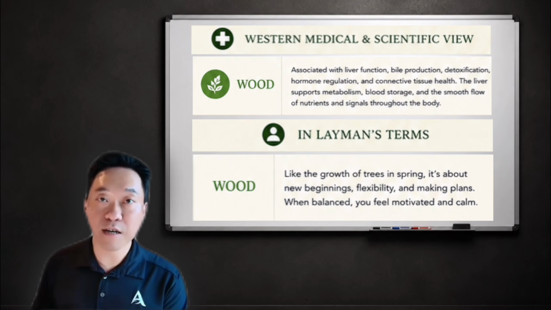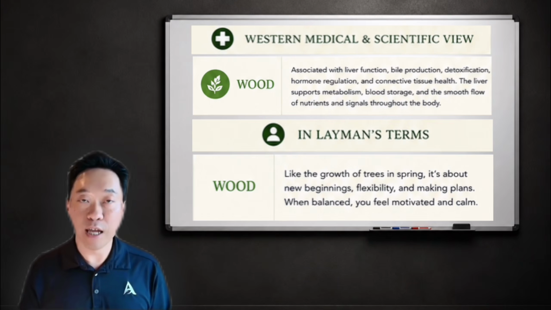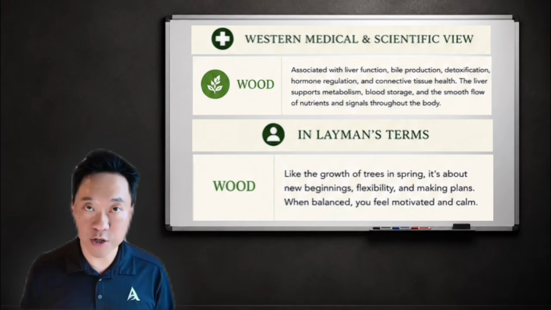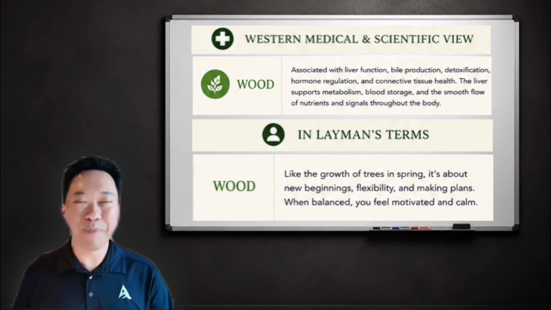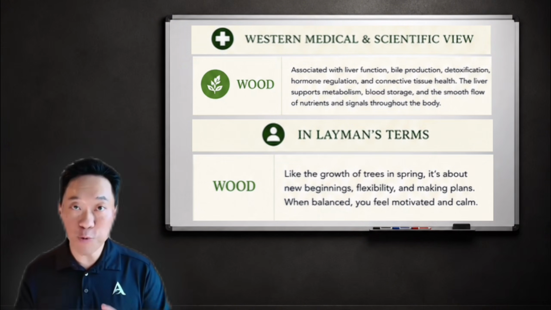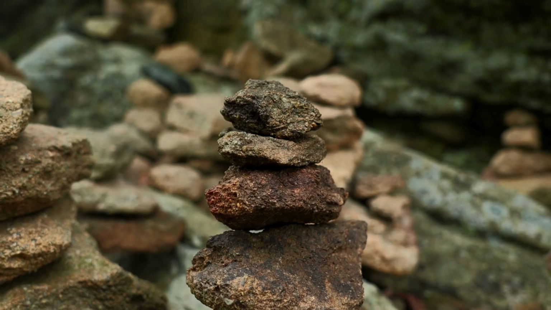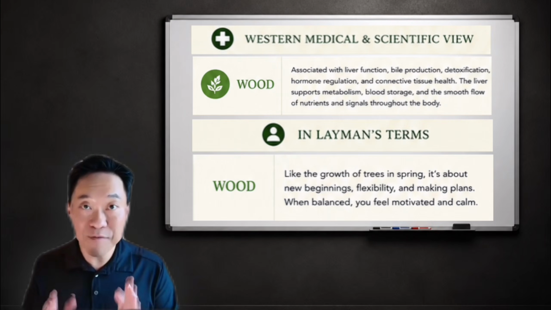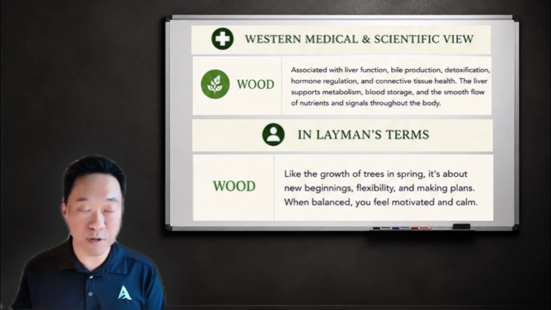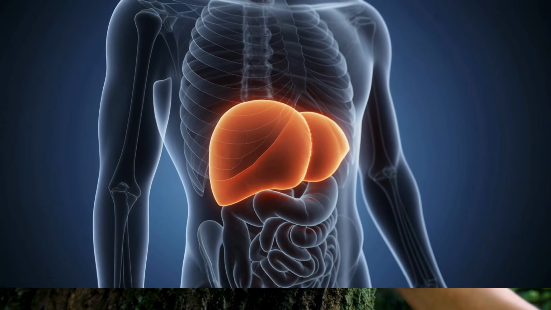In future videos, I'm going to go over what you can do to restore function if you have a liver dysfunction problem, or you have gallstones, or you have gall sludge. And if you have gall sludge, or hepatic cysts, or fatty liver, what can you do to regain that liver function or that gallbladder function? How can you rebalance it? I'm going to go over every single organ in future videos, okay? So stay tuned to those videos. So the first one, again, come back to this: the wood is the liver hepatic function.